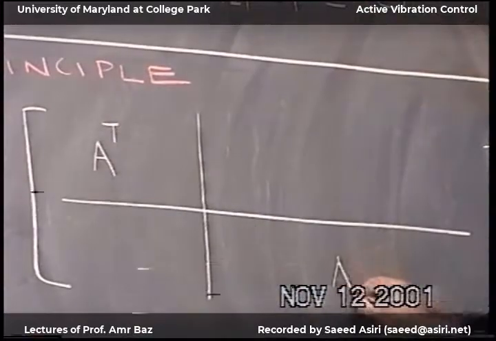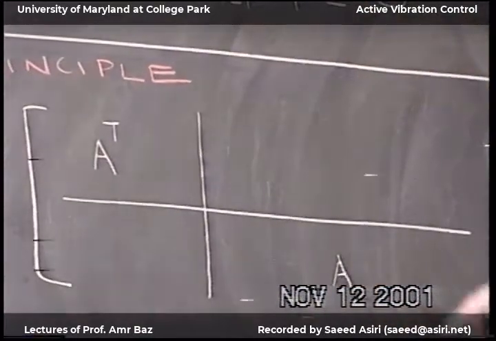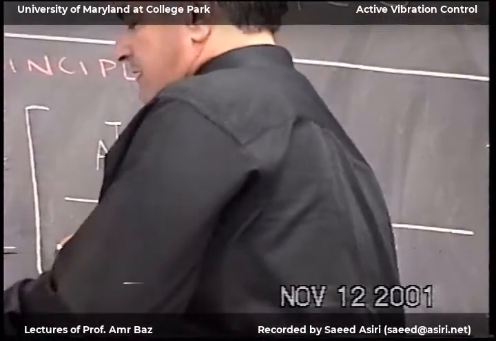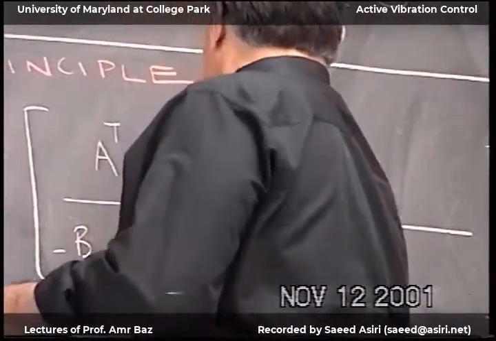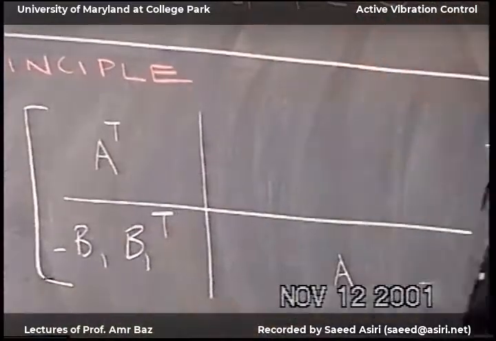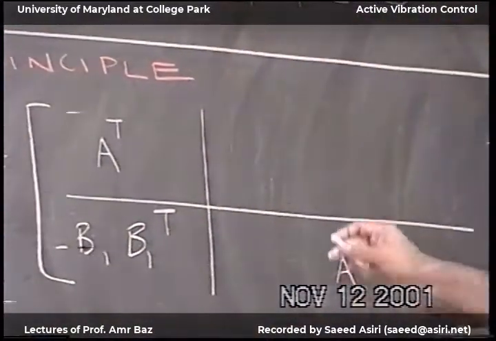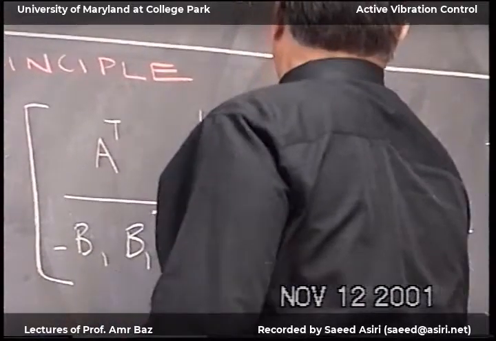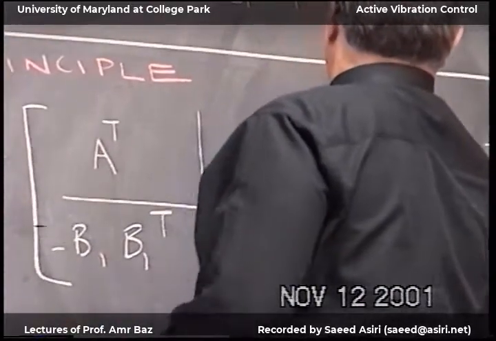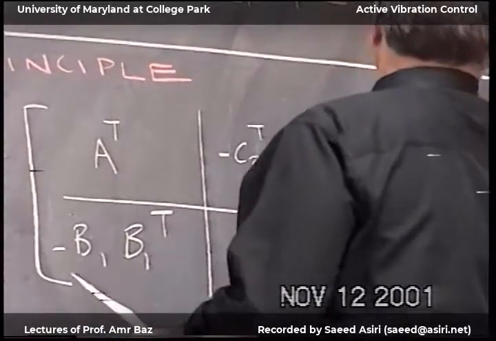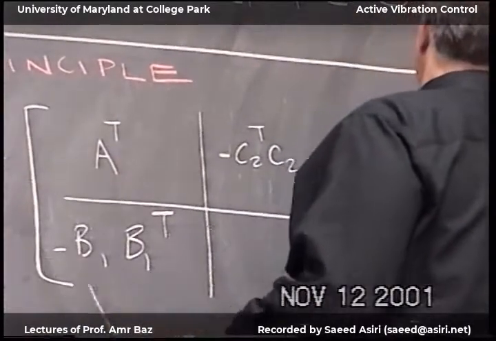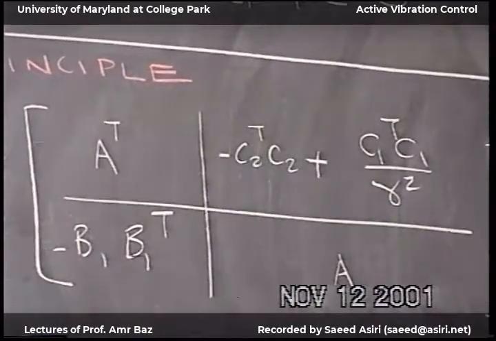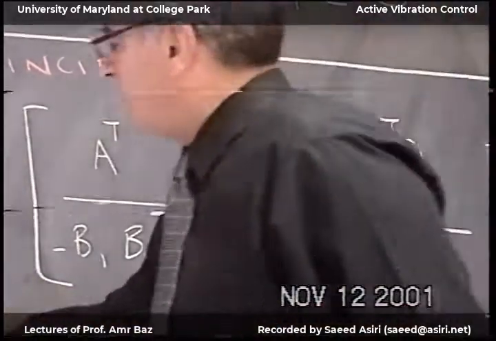So this will be A and A. And instead of the C's, I'll put the B's and the transpose. And the top line will be C2 transpose C2 plus C1 transpose C1 over gamma squared. And then the Riccati